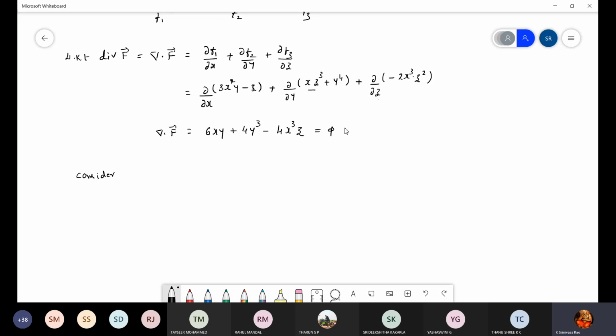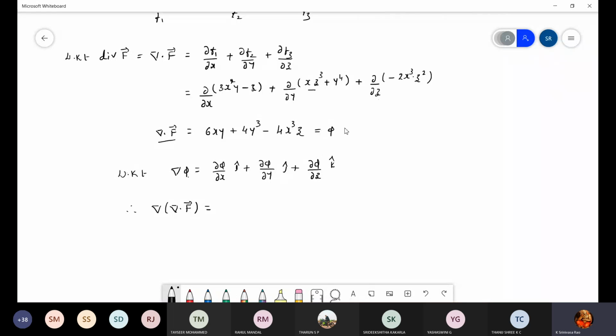For your reference, we know that grad phi equals dou phi by dou x i cap, the gradient formula, plus dou phi by dou y j cap plus dou phi by dou z k cap. This is the formula we know. So grad phi, where del dot f is nothing but phi. Therefore del of del dot f equals